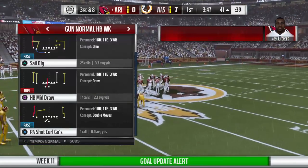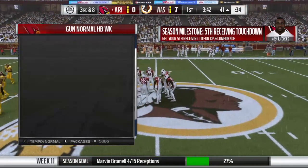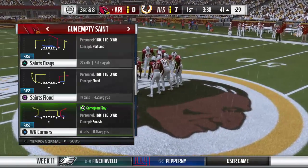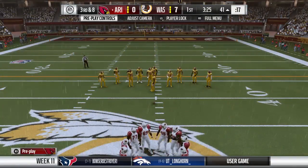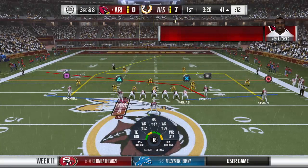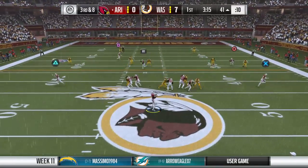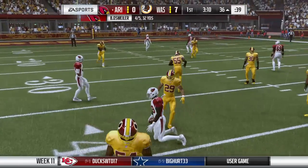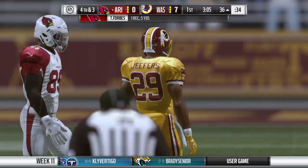A pretty big early test for the defense coming up. What can they dial up here to try and thwart this 3rd down situation? And the Redskins have an extra man in the secondary here on 3rd. Again, Osweiler. He's got his man on the crossing route. Just a 5-yard pickup, and it leads to 4th down. They didn't get the first down, but